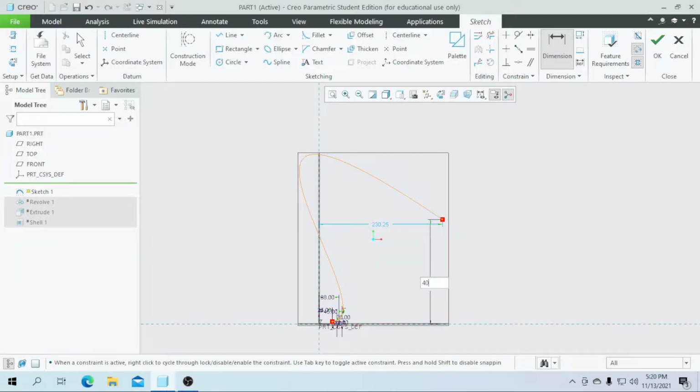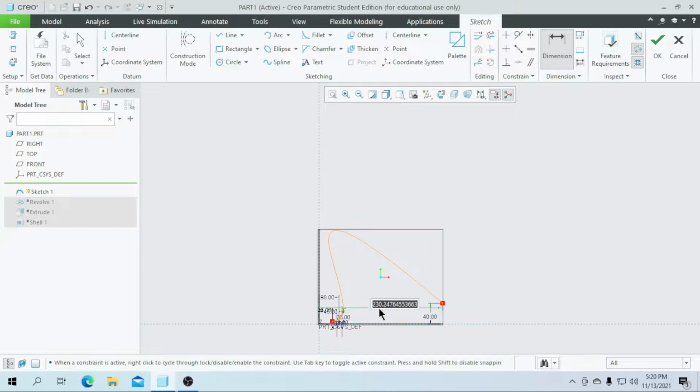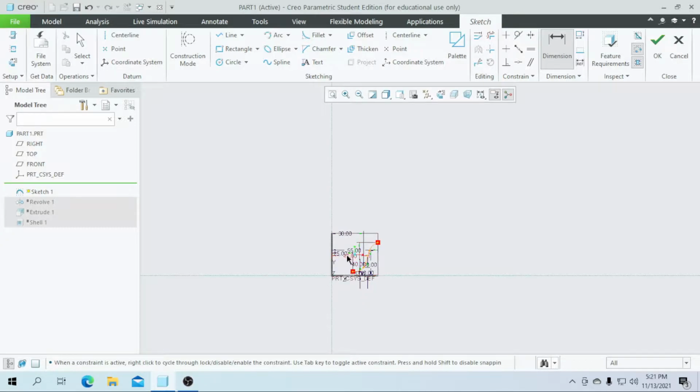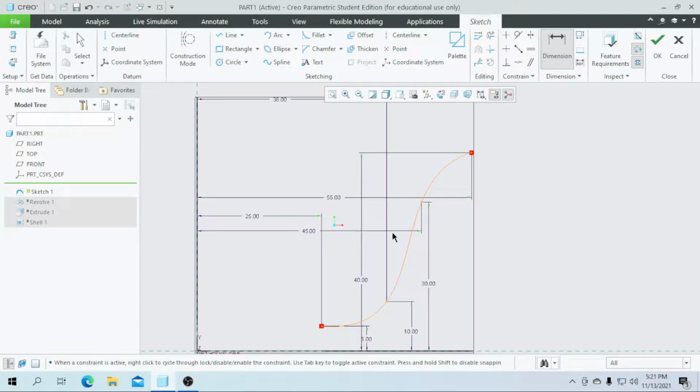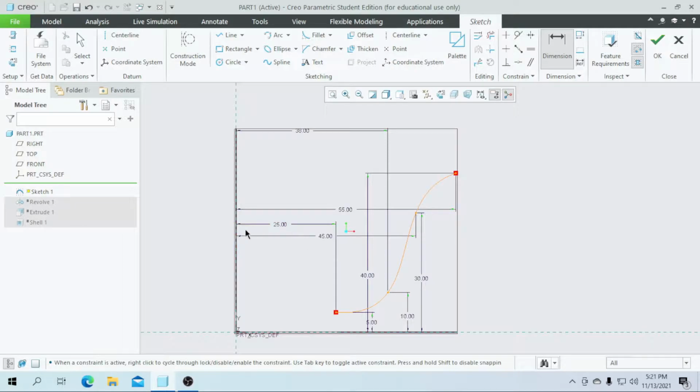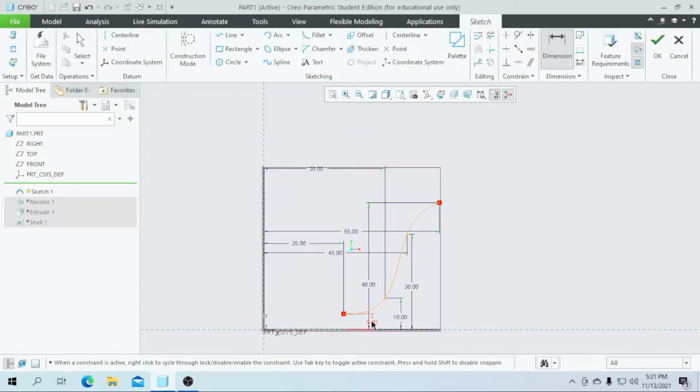I need this height to be a value of 40 and this length to be a value of 55. So the sketch is completed. As you can see, 4 points with 4 dimensions. Make sure the distance is 25 with a height of 5. Then click on OK.